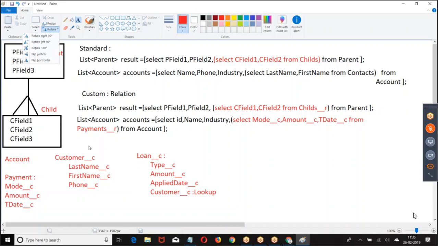The parent record with the corresponding child data. Done, boss. Let us go to the next example.